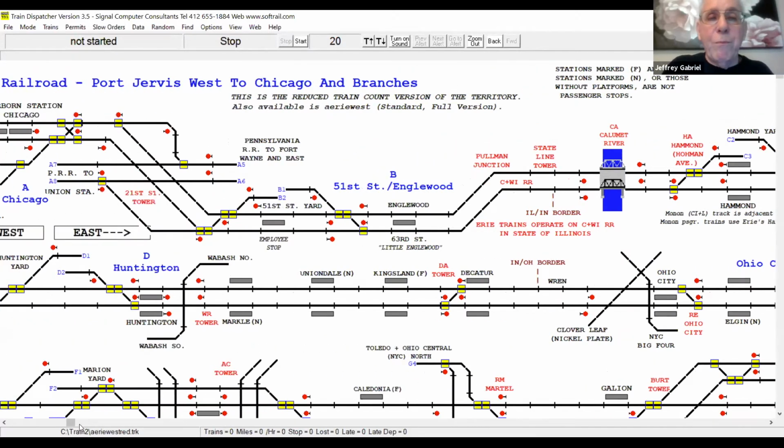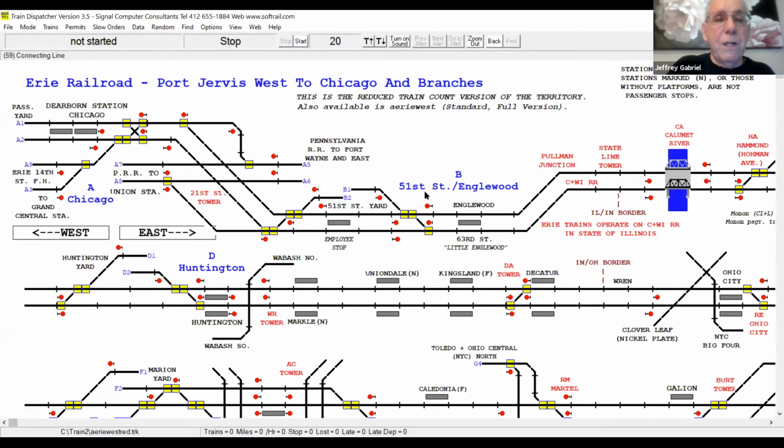So now I have my little Englewood Station, 63rd Street. I have the yard at 51st Street, the freight yards. It has an employee stop. And then I have a couple of things. I have an interchange track at 21st Street Tower. I have them crossing the Pennsy.